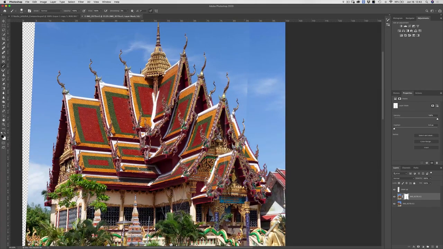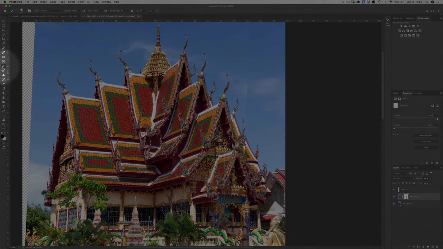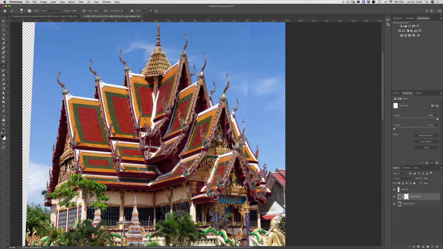Oh, and look, I see a big issue right here. I'm going to use my brush tool, make sure that I'm painting with black, and then I'm going to come over here and just clean up this area where I have a little bit of mismatch. That looks better.